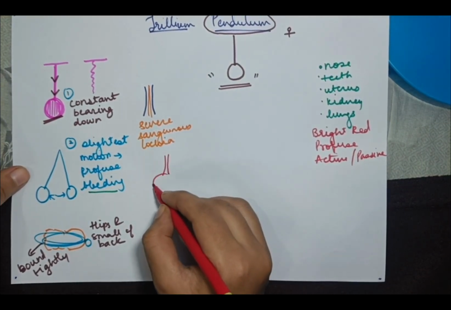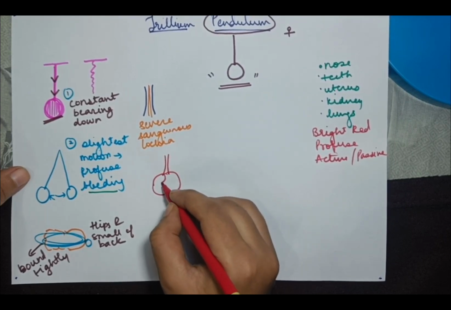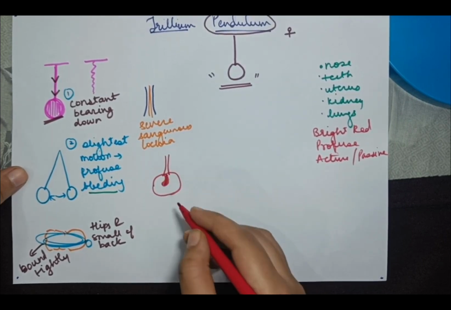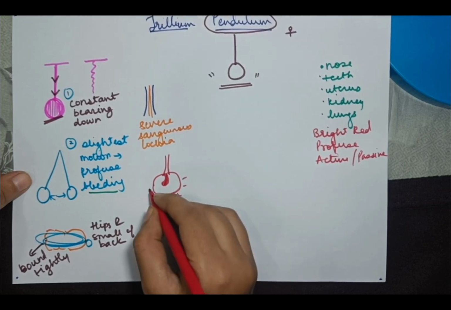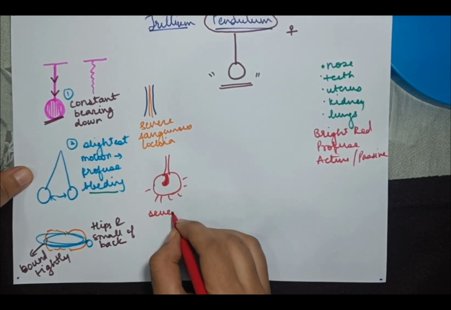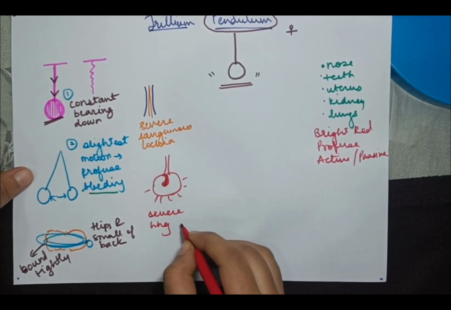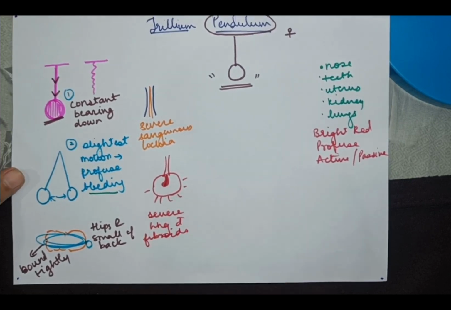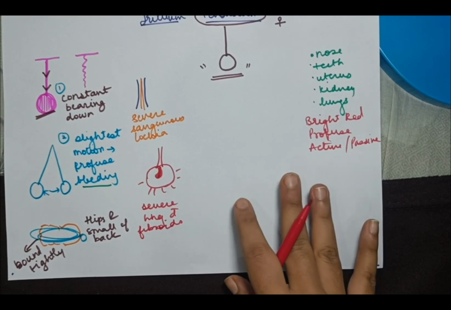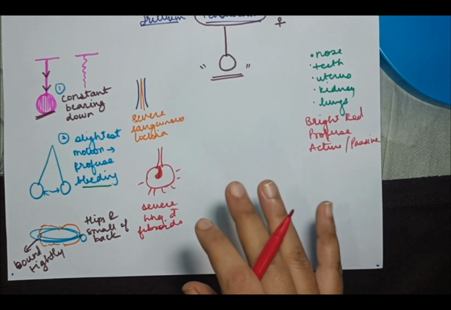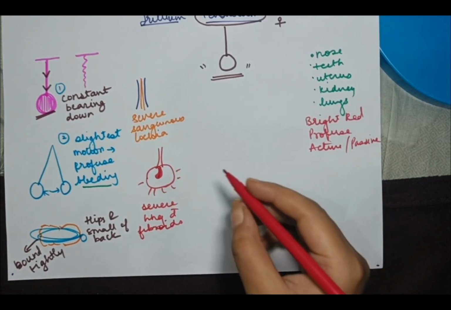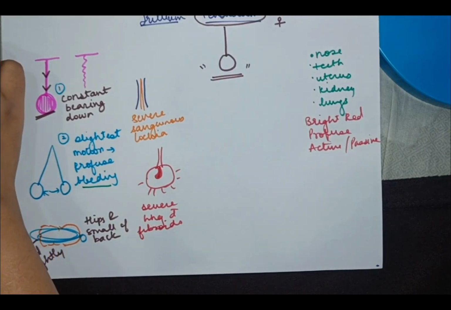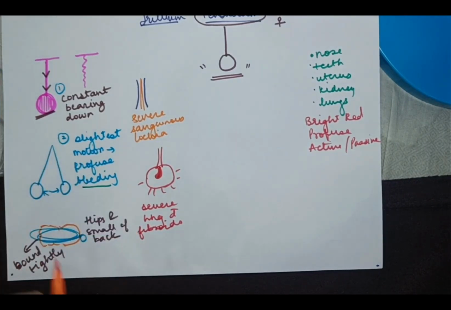If I were to draw, maybe this is a fibroid. There is severe hemorrhage due to fibroids, but fibroids are not the single reason. Fibroids are one of the reasons for menstrual bleeding. Otherwise also there is excessive bleeding. Now what is important and the most important part of this remedy is,